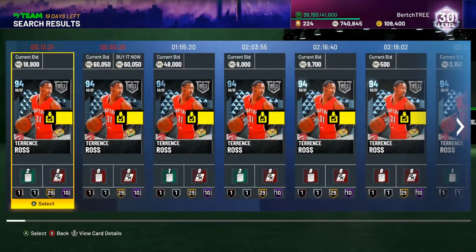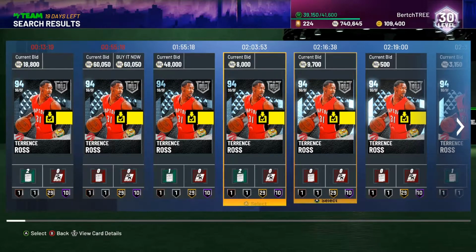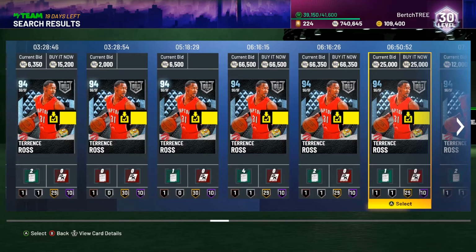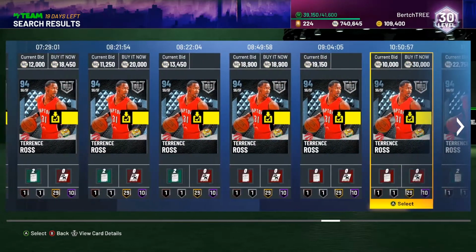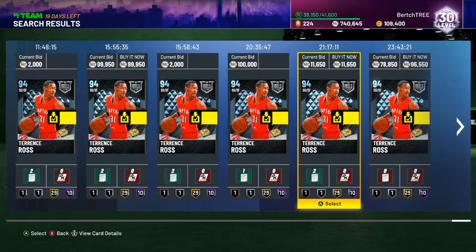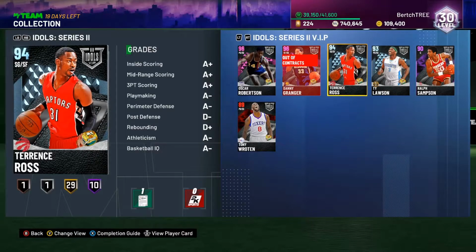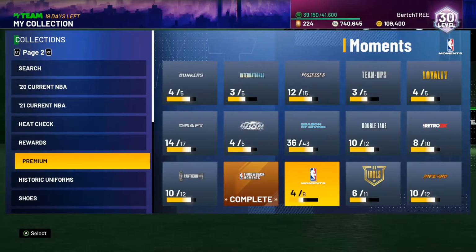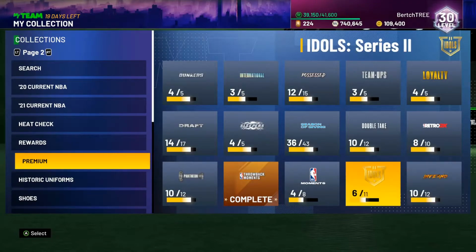Let's see how much he's going for in the auction house. He's going for less than 18K, it looks like. Yeah, there's 15. So if you're on console, you should easily be able to get him for 10, because our market's a lot more dead than yours. 11. This is a very good card, and I recommend you go out and buy him ASAP before he gets out of packs, and then you won't be able to buy him anymore. And then we also had...